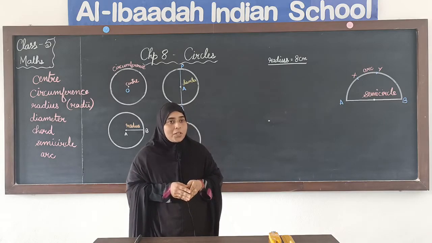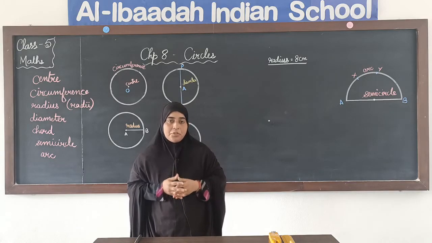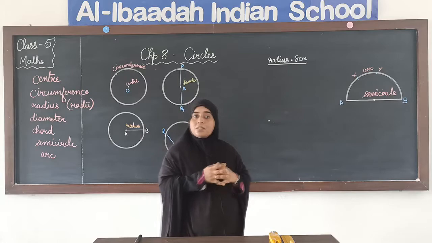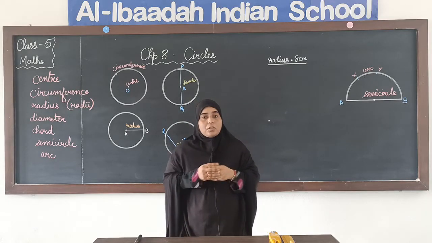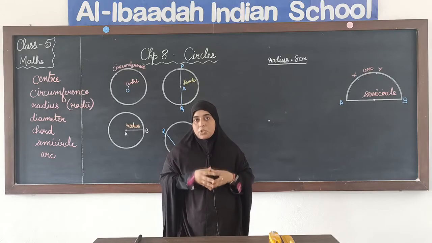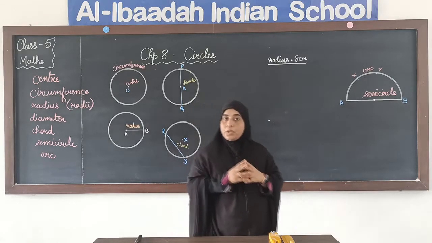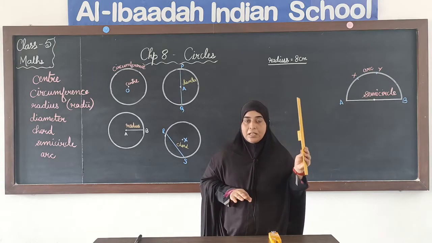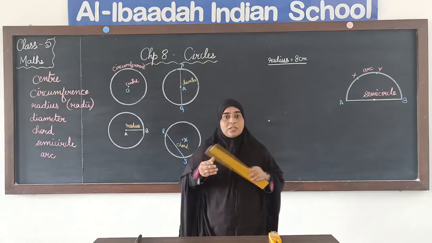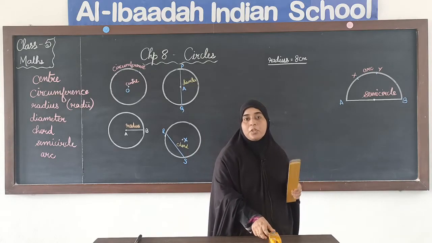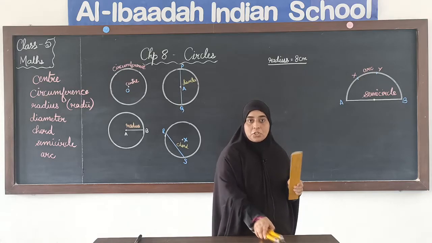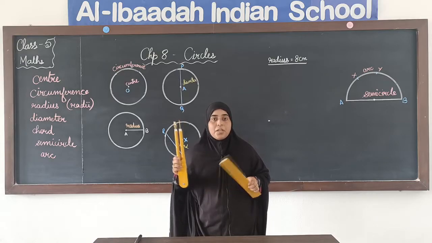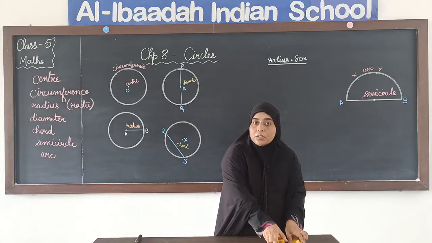Today we are going to look into more things about circles, that is we are going to discuss the parts of a circle and how we can construct circles, okay. So in your geometry box you will find some instruments. Out of those instruments there are two that we are going to use today to draw circles, that is a scale. You know why we use the scale, right, to draw lines. Fine. Today you will see how we use the scale when we construct circles, and then we are going to use this instrument which is called a compass, okay. So these two instruments are used to draw the circle.